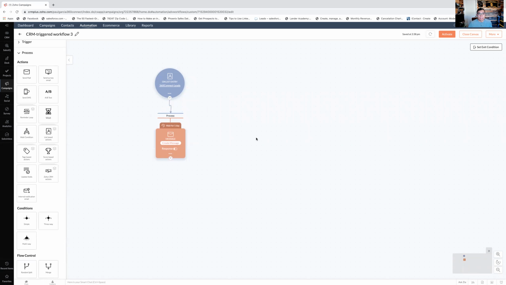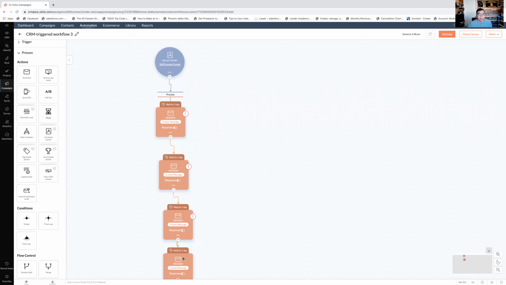So now if you look at this flow chart, it's basically saying, okay, I'm going to call on 360 Connect leads, and then I'm going to wait 1 day, and then I'm going to send an email. Okay, we haven't set up the email yet. We got to create a message, but that's basically what this system will do. So if we're doing 4, what I want you to do is grab this and do it 3 additional times. Okay. Now, if you read this, what this workflow will do is grab any 360 Connect lead that comes in